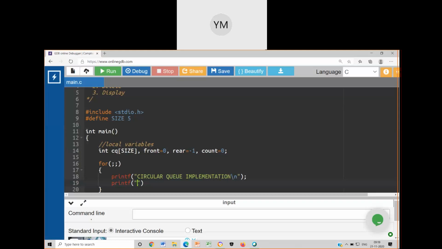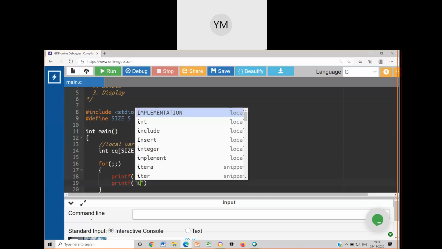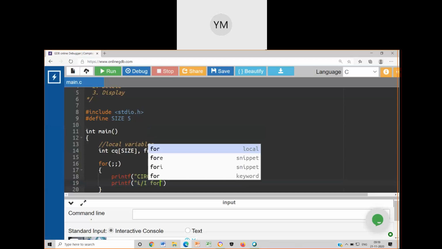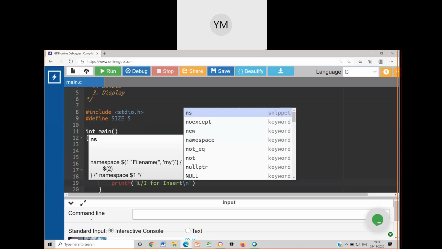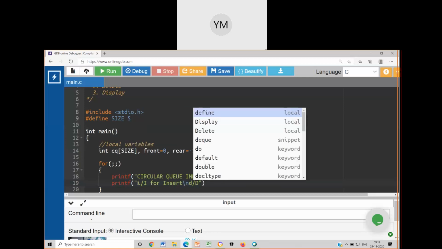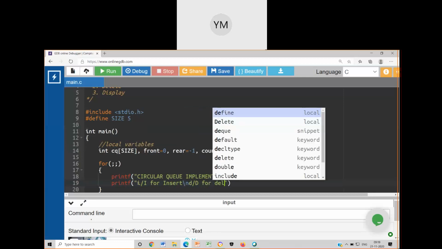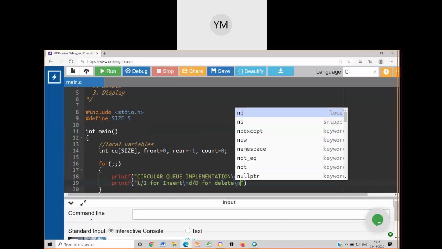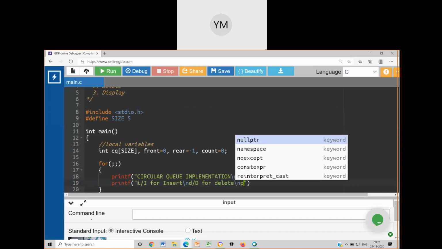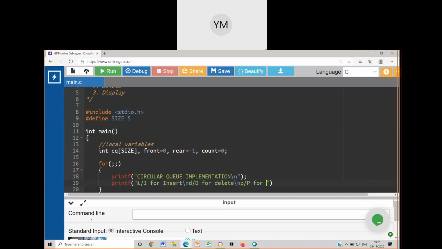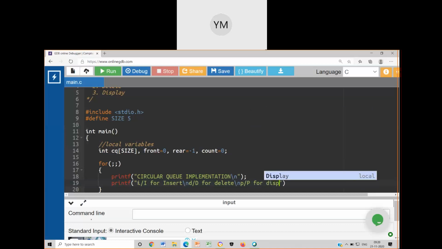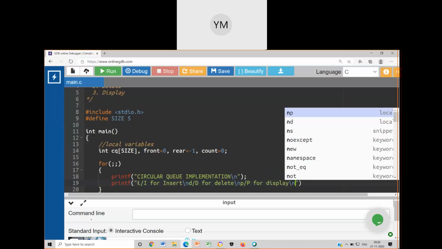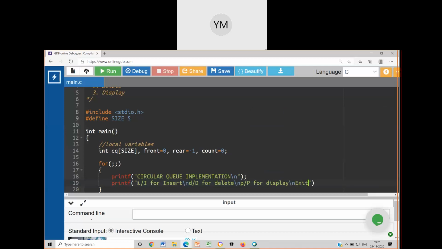Say I/I for insert, D/D for delete, P/P for printing or displaying. Then exit otherwise.